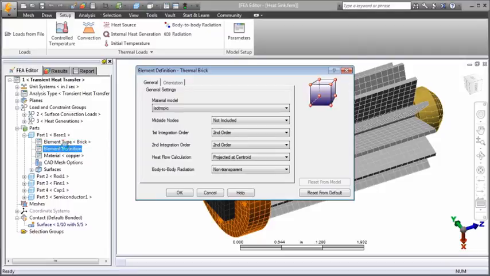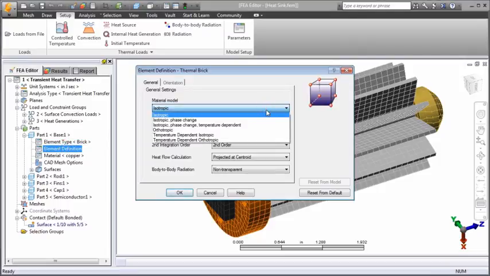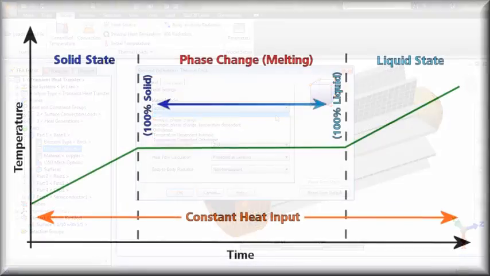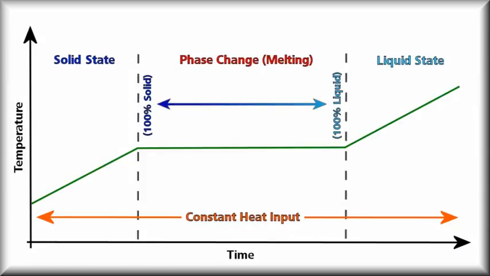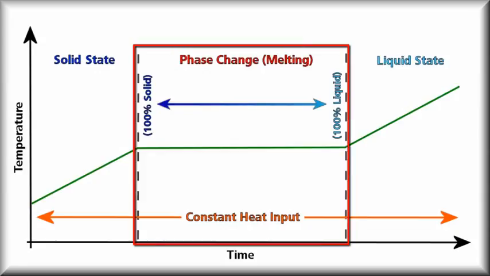Isotropic, orthotropic, and phase change material models are available. For each, the properties can be constant or temperature dependent. For phase change material models, define the latent heat of fusion. During conversion from solid to liquid or liquid to solid, the heat flow changes the state of the material rather